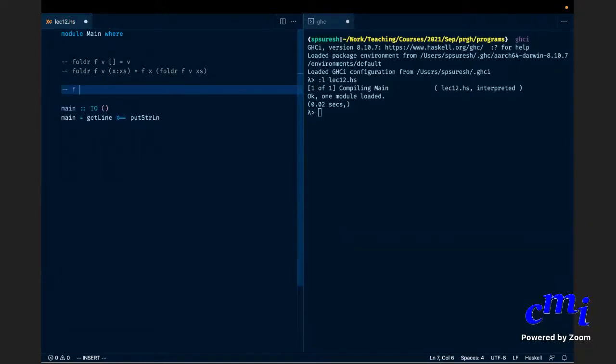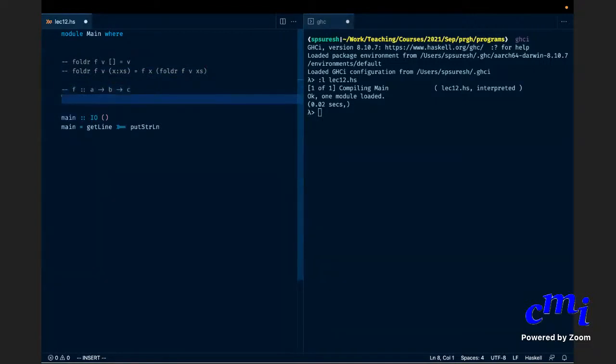So its type will in general be A -> B -> C. And the general type of foldr: it takes the function as the first argument, so its type is A -> B -> C, then it takes an initial value, let's call its type D, and then it takes a list, let's call its type E, and it produces a final output whose type is T, let us say.